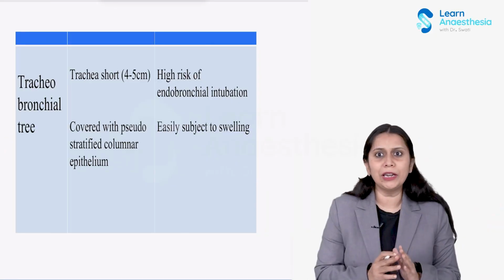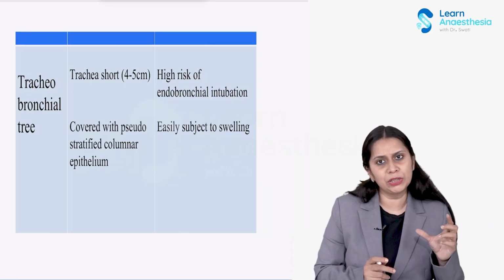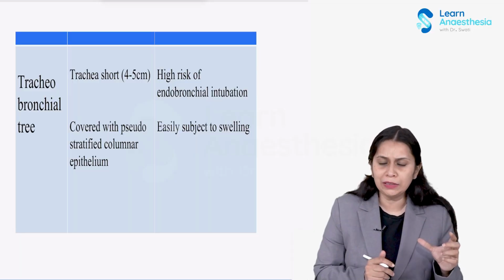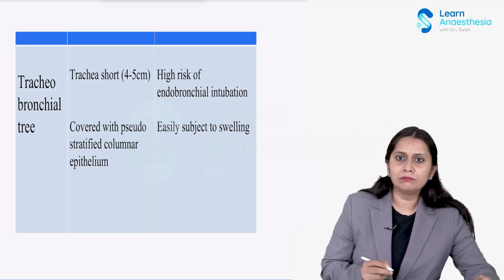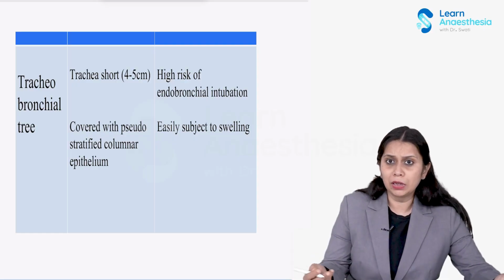Okay, now let's come to the tracheobronchial tree. The trachea of pediatric patients is of smaller length compared to adults. In adults, the trachea is 14 centimeters. In pediatrics, let's say it's